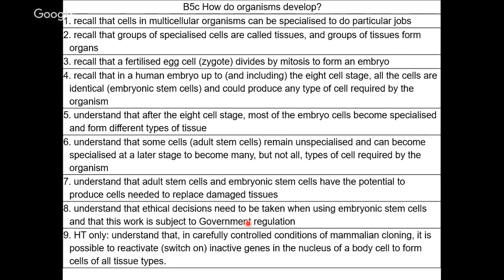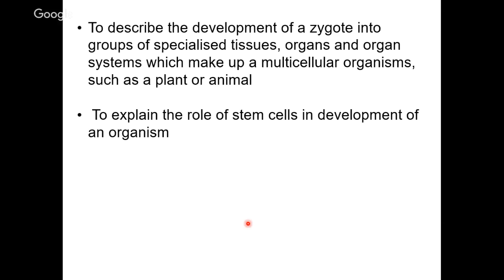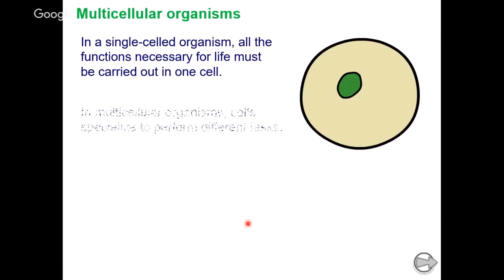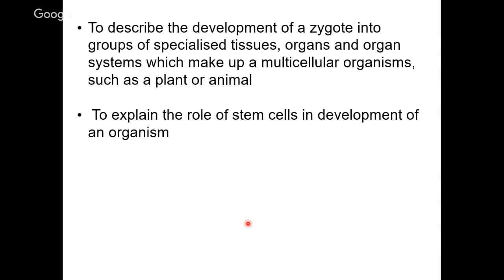Go to page 2 of your pack to check the outcomes that we're going to be addressing. The main objectives of the first part here are to describe how the zygote actually divides by mitosis, and then by the 8-cell stage begins to specialize. And also we're going to think about how those early embryonic stem cells